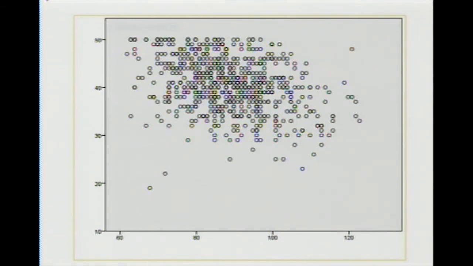What does this mean? The line of best fit goes that way. And so that shows us that we have a negative correlation, meaning the data trend in a negative direction. When one is high, the other tends to be low, and vice versa. So that gives us some vision into a negative correlation.